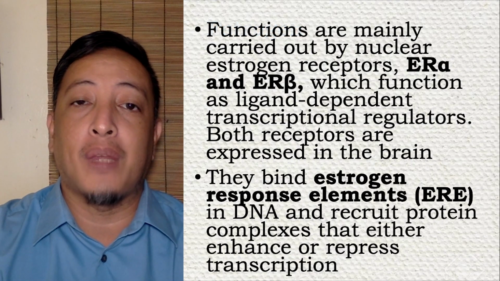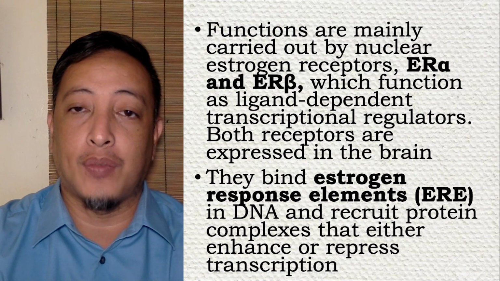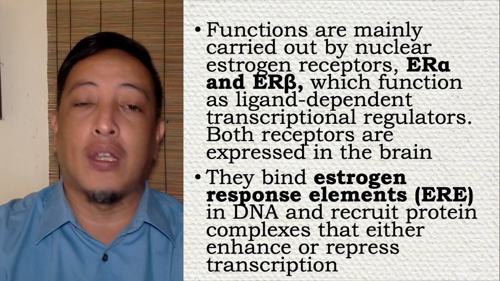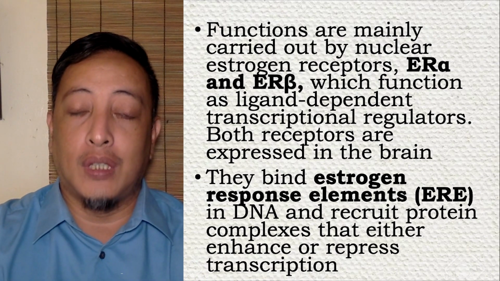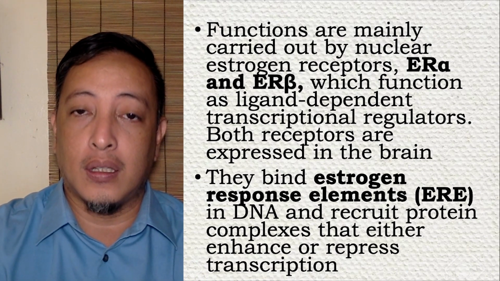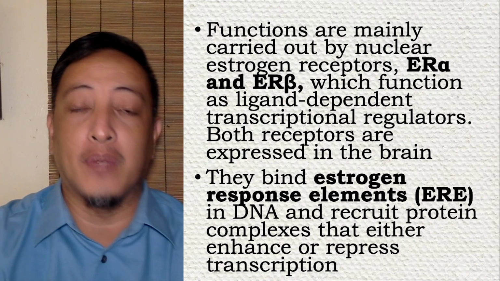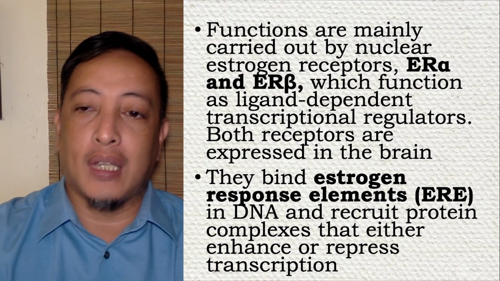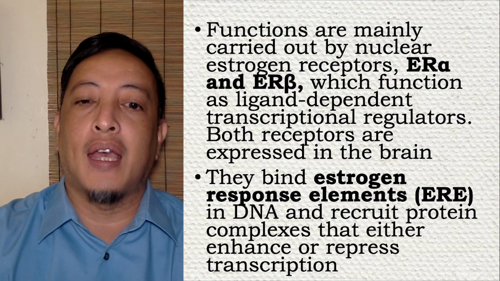The functions are mainly carried out by nuclear estrogen receptors, such as estrogen receptor alpha and beta, which function as ligand-dependent transcriptional regulators. Both receptors are expressed in the brain. So this shows that estrogen has great influence in the behavior of animals. They also bind to estrogen response elements, or ERE, in DNA and recruit protein complexes that either enhance or repress